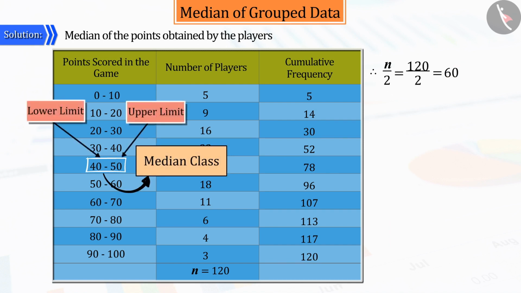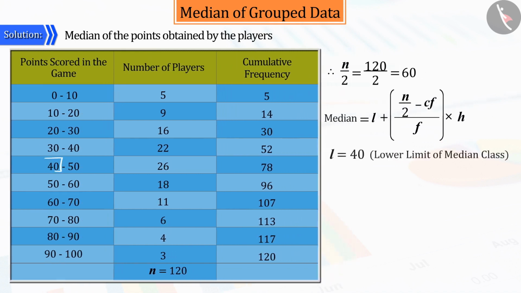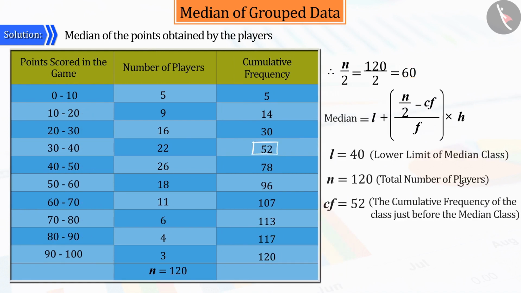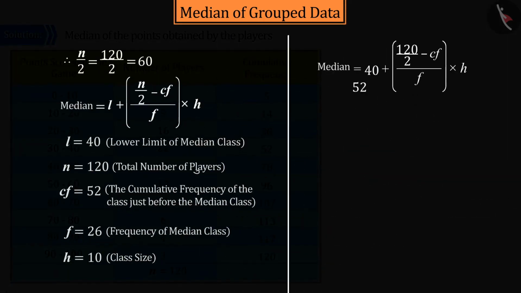its upper limit. To obtain the median, we use the following formula: L plus (n by 2 minus Cf) by f multiplied by h, where L is the lower limit of the median class, that is 40, and n by 2 equals 60. Cf is the cumulative frequency of the class immediately preceding the median class, that is 52. f means the frequency of the median class, that is 26, and h is the measurement of the class, that is 10. Substituting these in the formula and solving it